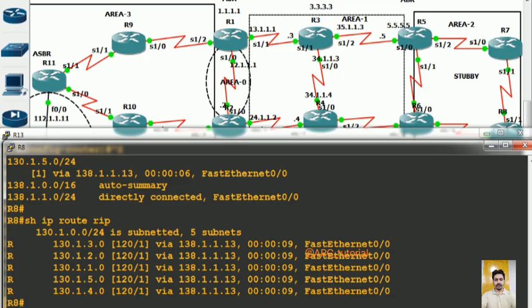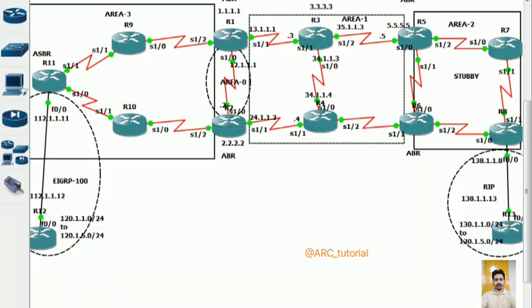Right, so now our RIP is running in between R8 and R13,